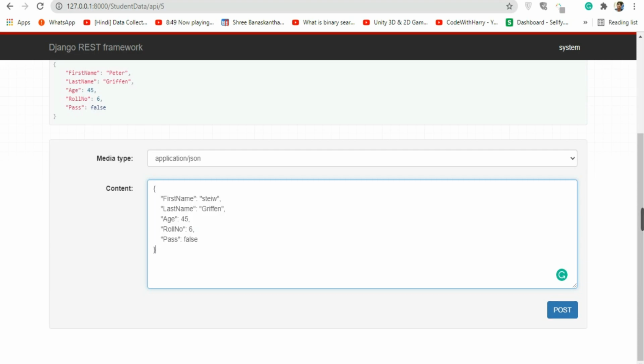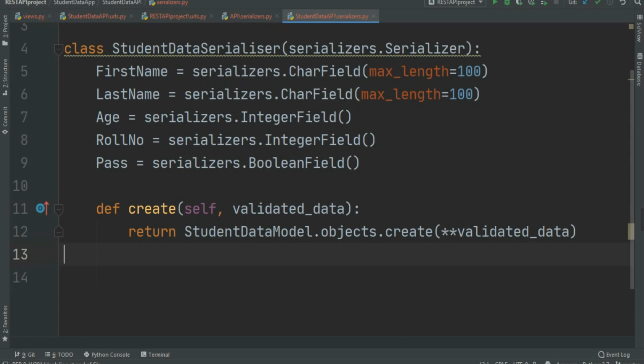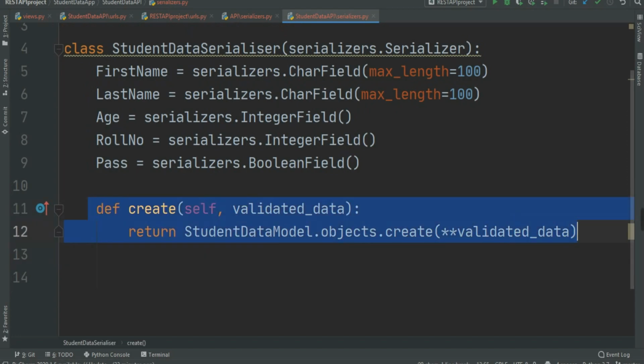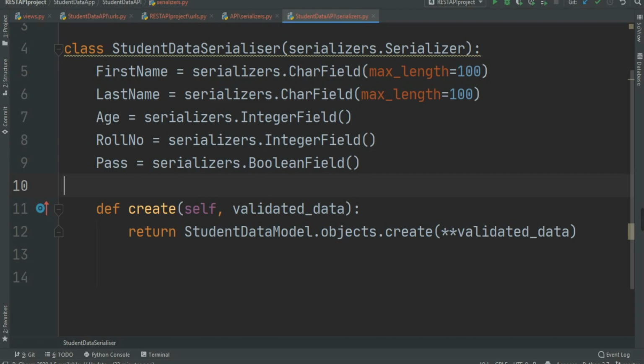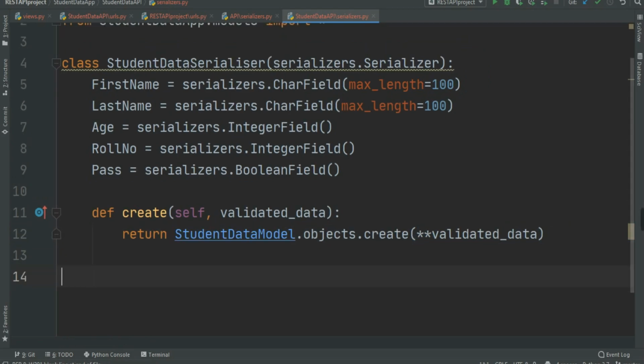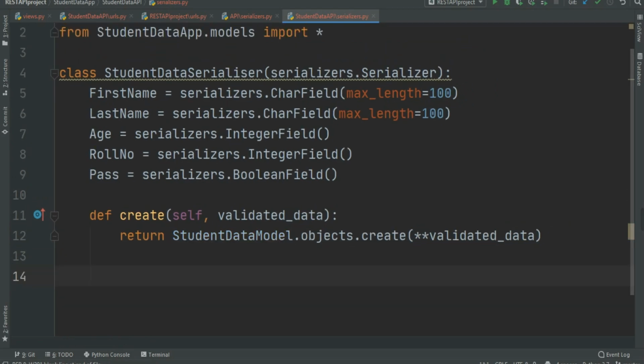It will store all of this data into these serializers, in this def create function, in this validated_data, and that's why we wrote validated_data in the arguments. So it will catch all of the data in this variable here, all of the data. And in here, as you can see, we are writing Student data model.objects.create(**validated_data). Double star means multiple arguments. Okay, it means it will create an object for all of this data.